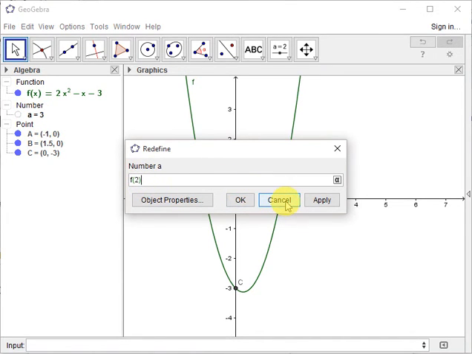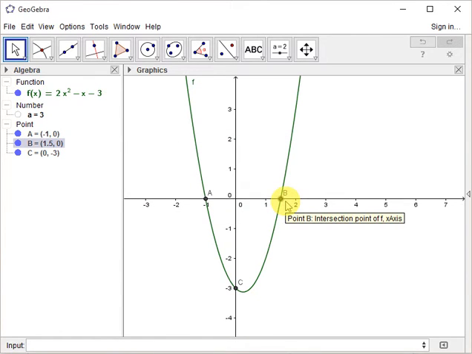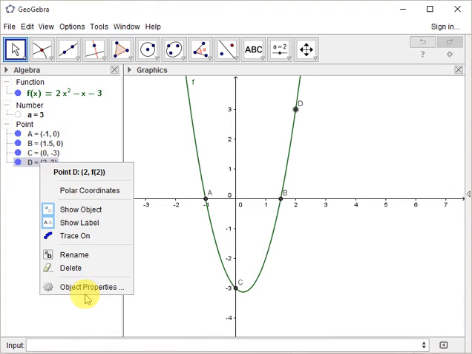There are other ways to do this. If you want to see it as a point, you could type as a point coordinate 2, f of 2. Press enter. Then the point appears over here. If you want to see labels of points on the graph, which can be useful if you want to use the graph for reports or something like that,